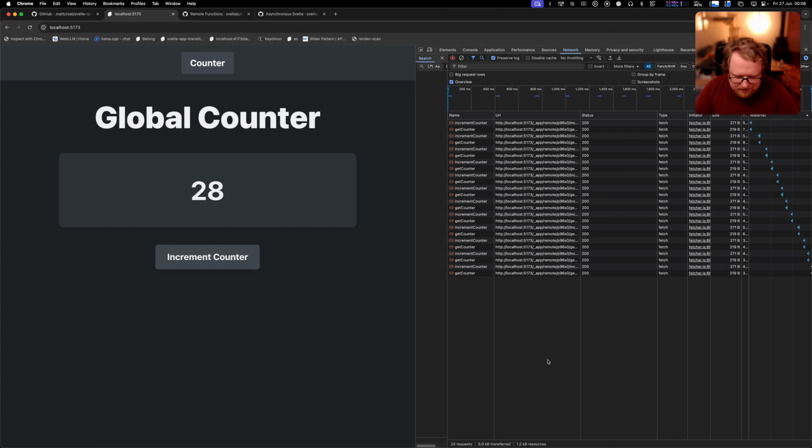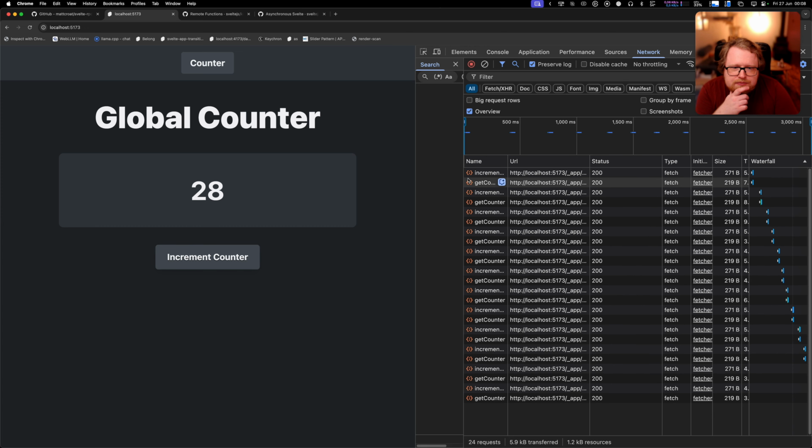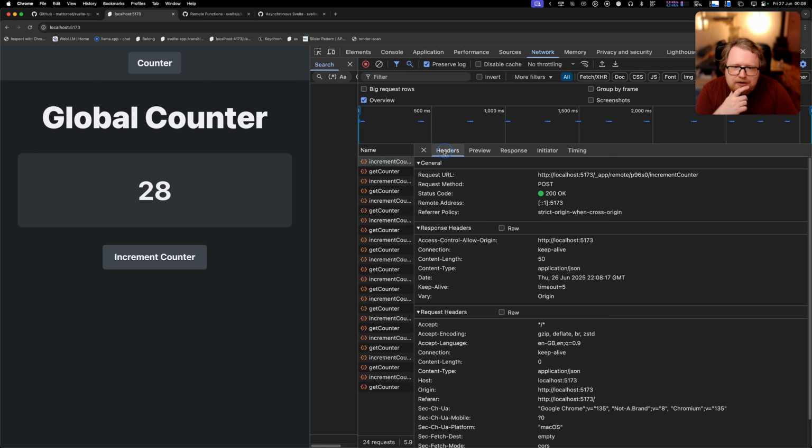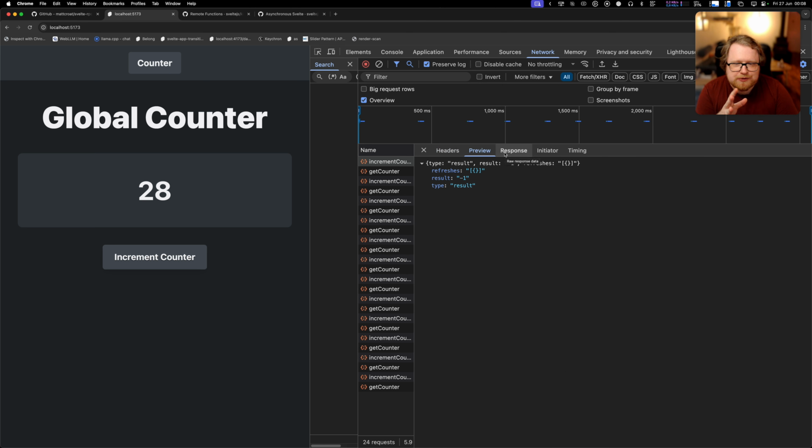And what we can see here in the network tab is that we call this RPC function, which is loading from app/remote. We're getting a response, but that response doesn't contain the new count. Instead, the new count is automatically invalidated. And so directly after this increment counter function, we get the get counter function every time